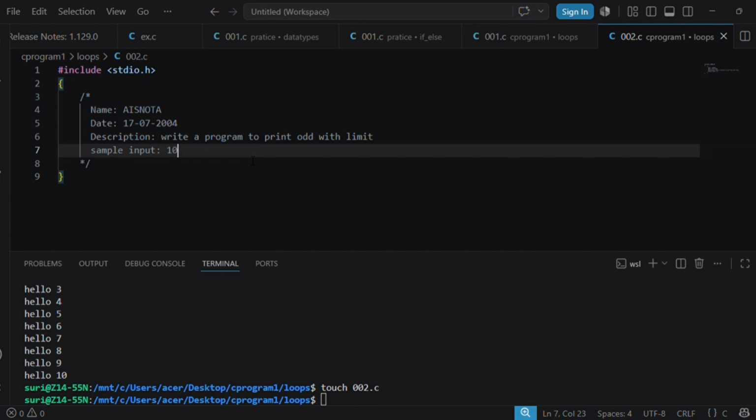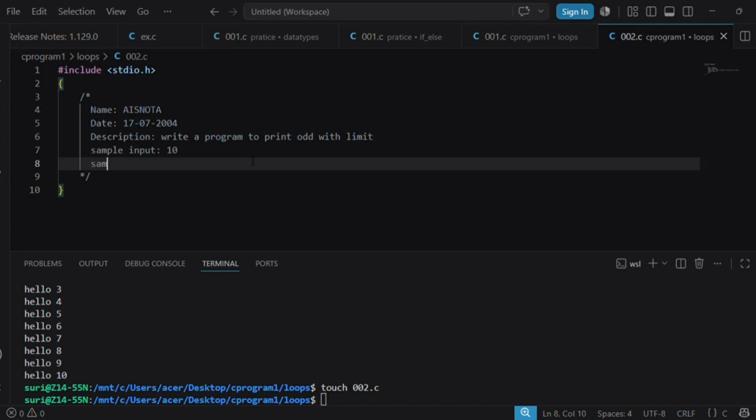Sample output: odd numbers 1, 3, 5, 7, 9. So this is known as documentation.